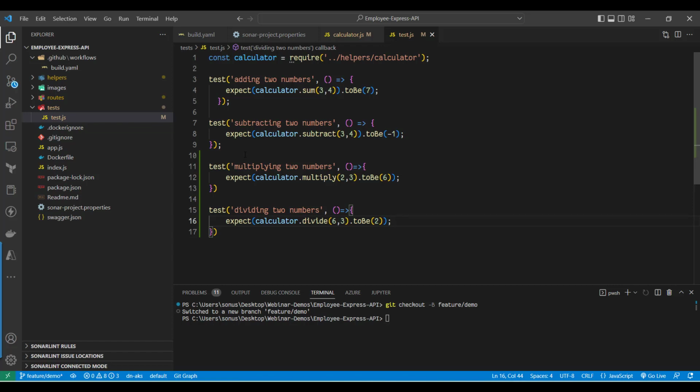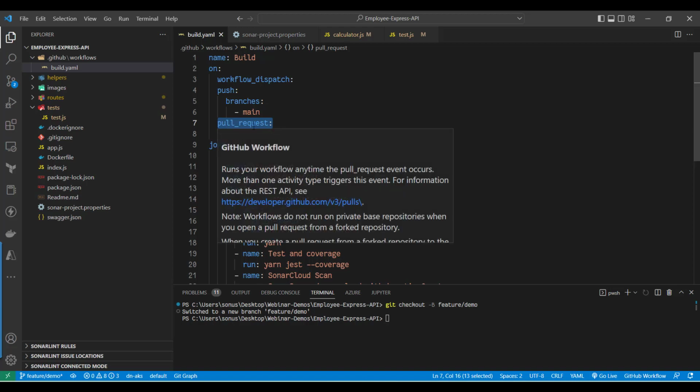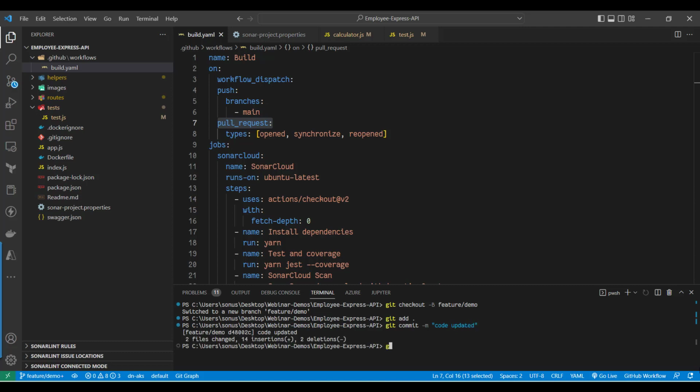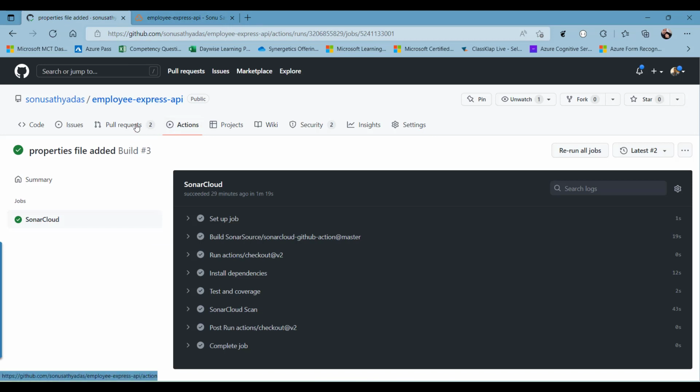Then I can push these changes to the GitHub repository, and I want to execute this workflow during this pull request. So when I open a pull request, I want to execute this workflow. So I'm going to add these changes to staging, git commit, and git push, and all the branches I am pushing to the GitHub repository. Now let's move to GitHub, and we can see